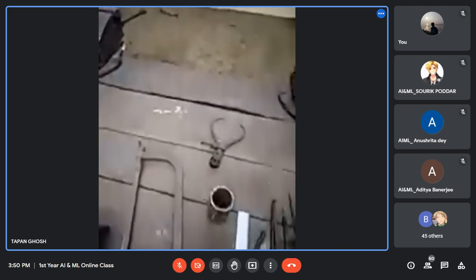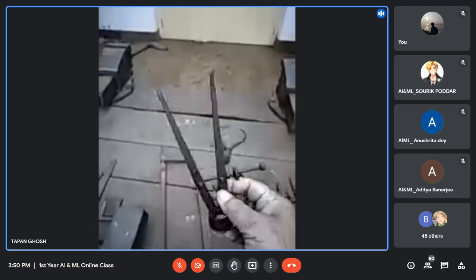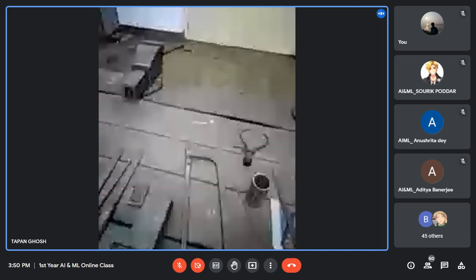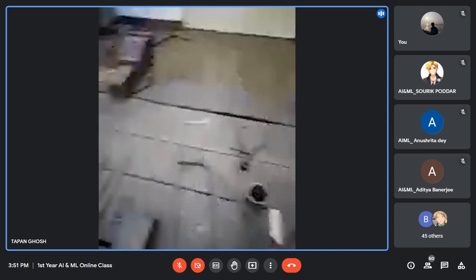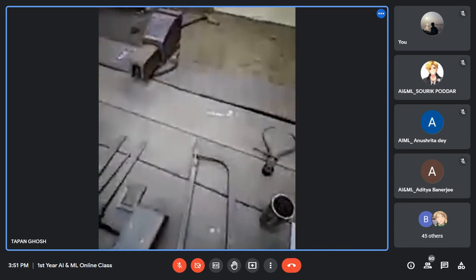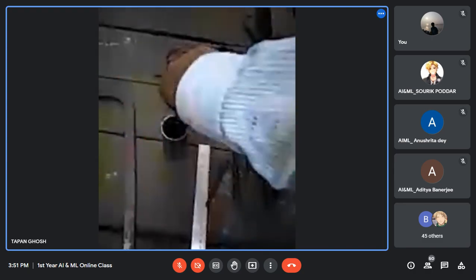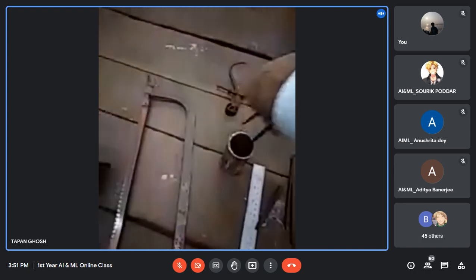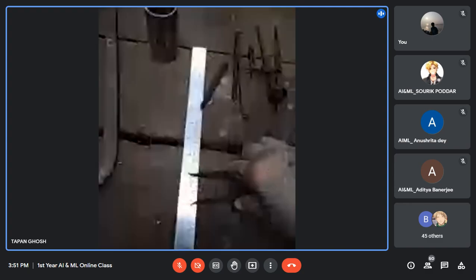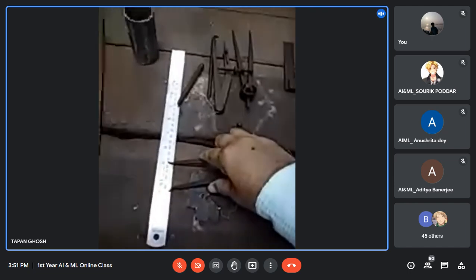And then this instrument is called an inside caliper. What is the application? In the same way, you rotate it, expand it and close it, and then measure the inside diameter. You touch both inner sides and hold it, and then measure with a scale. So you find out your inside diameter.